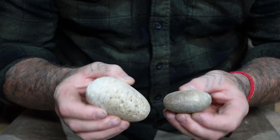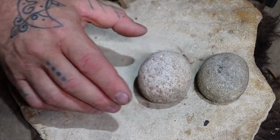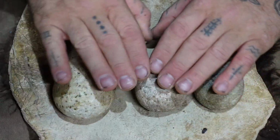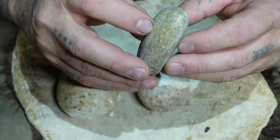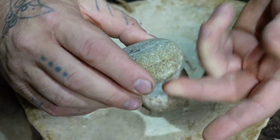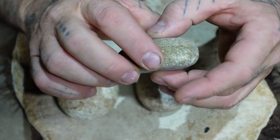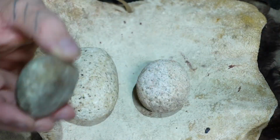Over my years of flint knapping, I've identified 3 shapes of the most ideal hammerstone. We have flats, we have rounds, and we have our egg shapes. These 3 hammerstones and their overall shape provide different advantages when flint knapping. The flats are relatively flat on one side. These give you more of a slap when addressing a platform. You're using the flat side of the stone to slap a platform and reduce the amount of stone off that